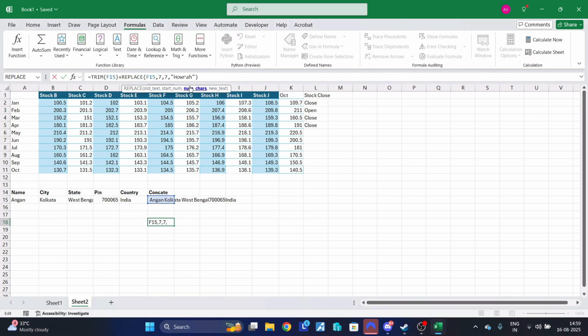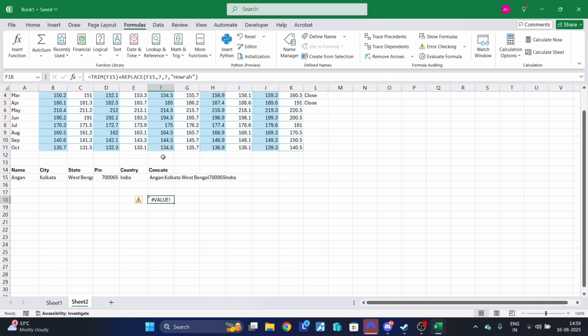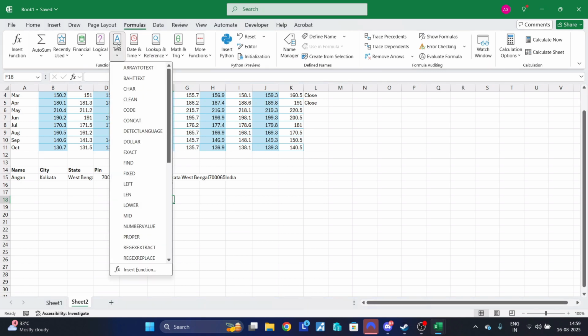I think I gave the text 0, 0. Okay, so basically 10. Give me a second. I have not worked with this function before, so I'm just trying to